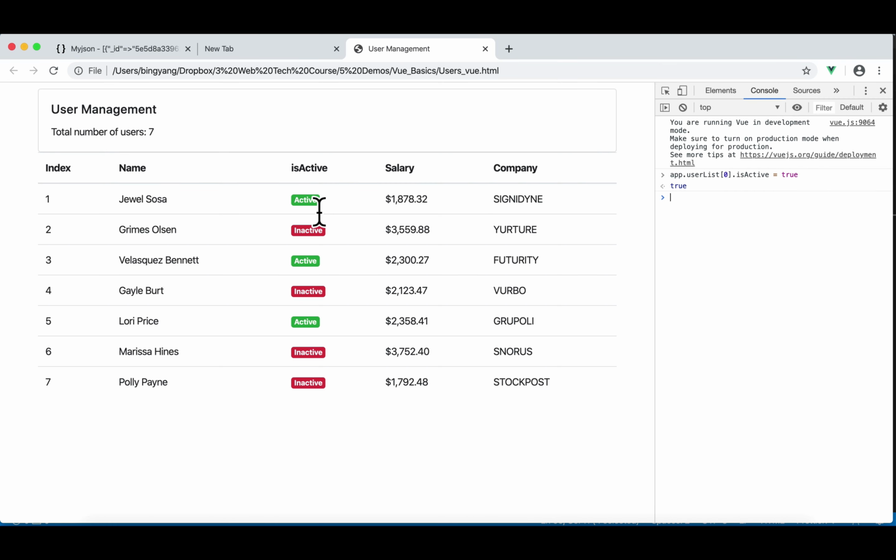But the magic part of Vue starts when values in the data object change. In this case, I changed the value of isActive from false to true. Immediately, Vue re-rendered the page to show the change on the web page. This is because Vue is reactive. It means that when our data changes, Vue will automatically detect this change and update the value on the page